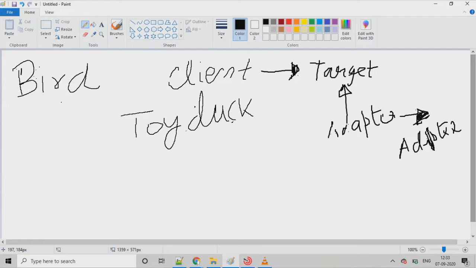So let's take these two things: implement and has. Why are we saying it as has? Because there is an association with it, which is a very strong association between an adopter and adoptee. The adoptee is the bird class and the adopter is the bird adopter. So this satisfies our second condition. The first condition is that this bird adopter is implementing this Twiduck class.